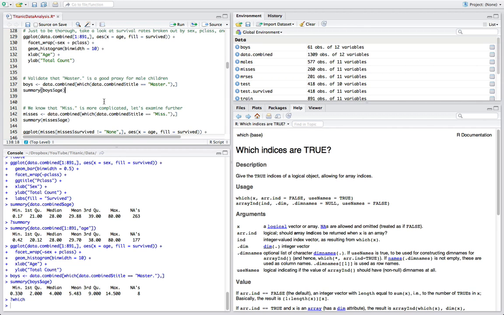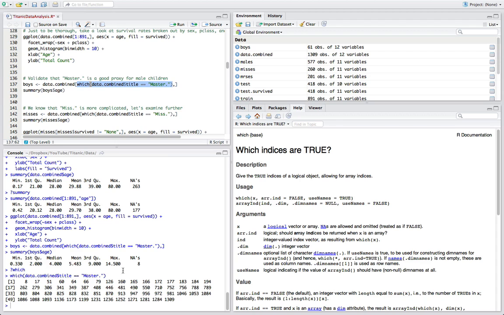We're essentially saying here, go to the data.combined data frame, which we can see here is 1,309 observations of 12 variables. Take a look at the title variable inside of it and check to see if the title variable is equivalent to the string "Master." And then tell me which of those observations are true and false. So if we really want to, we can just run this real quick. And you'll see here,